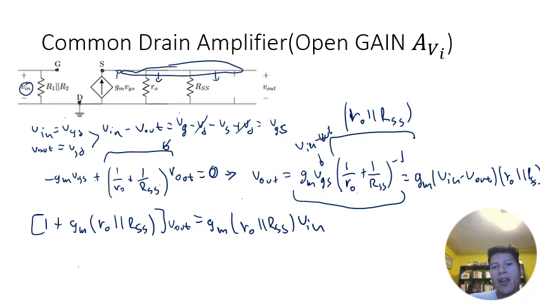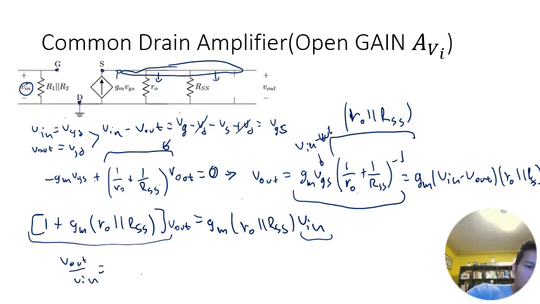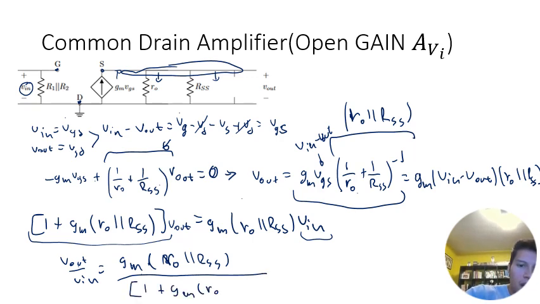And then to get Vout over Vin, we just simply divide both sides by this. So we're going to get that Vout over Vin equals GM